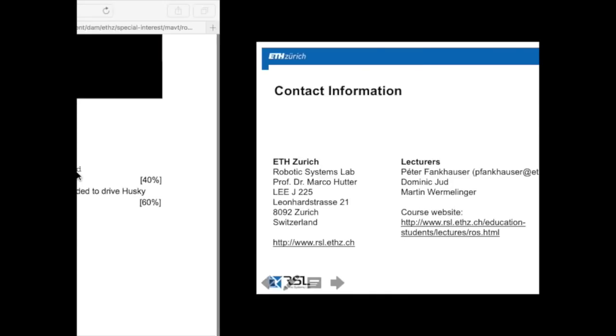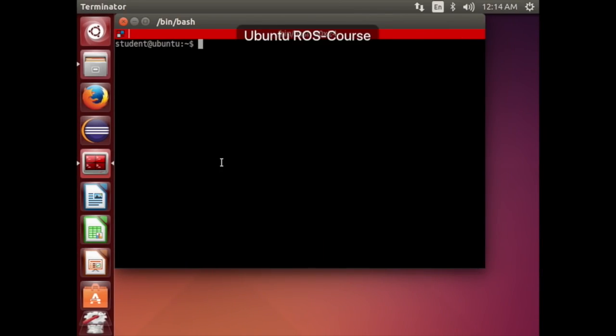Now I'll quickly take you through the exercise. I already prepared that launch file. Now Peter explained to you that you can start a launch file by typing roslaunch, the package name, and then the launch file. But you can also directly start the launch file without the package name, because now you're going to write the launch file, but you don't have a package where you can put the launch file, right? So you can just create the launch file anywhere in your PC, and then type roslaunch,